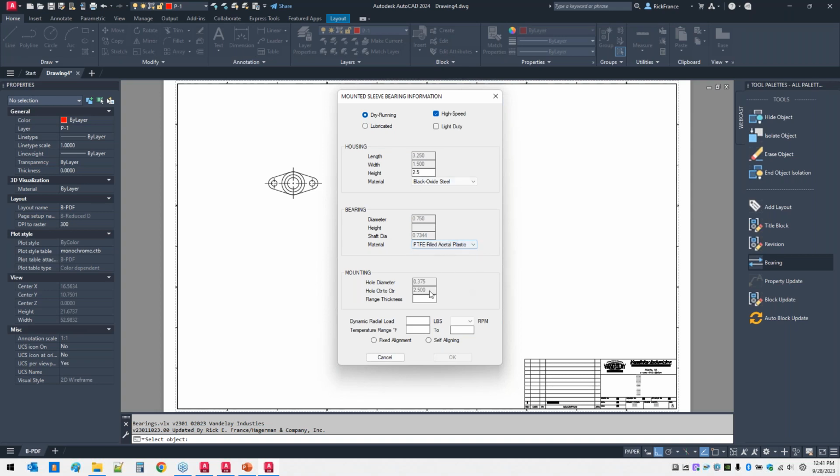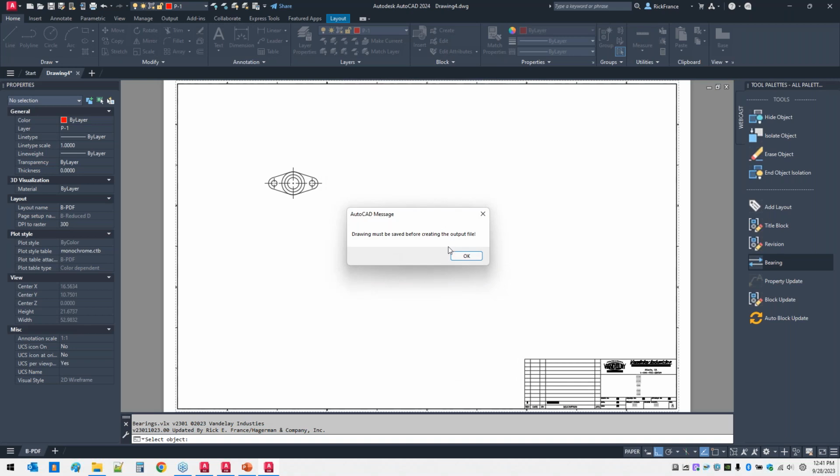for that one. The height, if you notice here, there's no height for the bearing. It's calculated. So if I say it's 2.5 inches, it automatically will calculate the bearing height. I'm not going to tell you if that's correct or not because I just made that height up just to show that possibility. The flange thickness we're going to say is 1.125, and then we can answer all the questions here. It's going to be 400 pounds, RPM of 60, we'll say -40 to 180. And I still have to choose self-aligning or flange. I'm going to say self-aligning. Everything's been set. I can hit OK, and